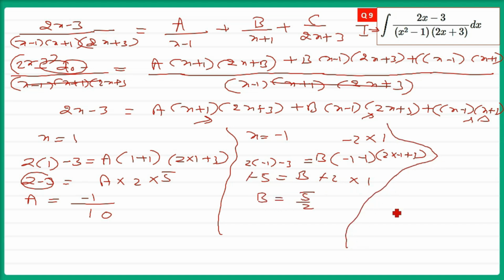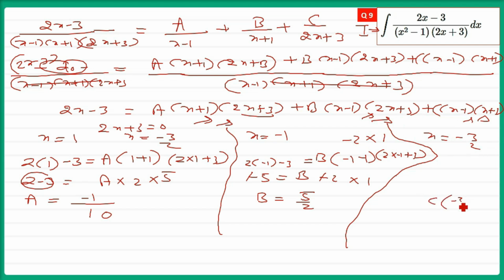Coming to the third constant. Now we'll put x equals to negative 3 by 2. How did I get it? If you put 2x + 3 equals to 0, at what value of x will 2x + 3 become 0? It will be x equals to negative 3 by 2. So that's why we have to put x equals to negative 3 by 2 in order to get